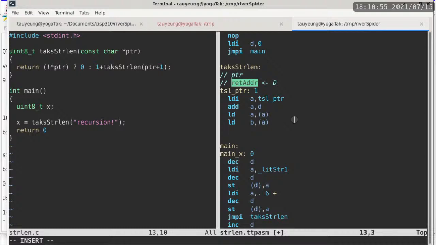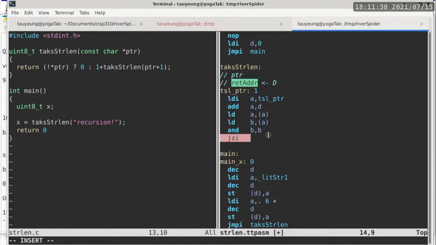All right, so now that we have the value of the memory location that PTR points to, we can see if it is null or not. I'm going to use the little shortcut that we have been using, which is the AND operation where both operands are the same register. All this does is push the value of register B through the ALU so that we have a chance to set or clear the Z flag, the zero flag, and also the sign flag. In this case, we only care about the Z flag because we just want to know whether it is a null byte or not. If it is a null byte, we need to go to the then portion of